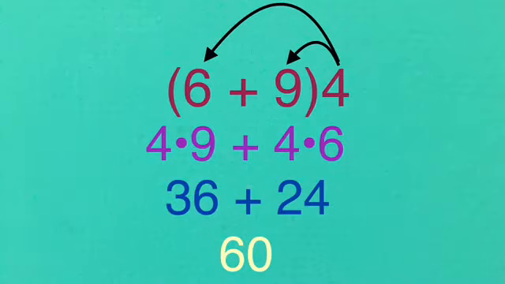Regardless what side of the parentheses the outside term is on, you can still apply the distributive property